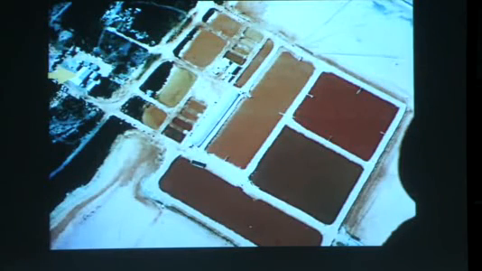And finally, I want to just show you a practical application of the algae. This is a picture taken from the air in Australia. And to give you an idea of the size, here is a house over here next to this arrow. These are ponds of algae. And as the ponds dry out, or as the salt is increased in the ponds, you can change the color, that is, the pigments which are present in the algae. And these pigments then are used in many different forms of cosmetics, in our drugs, in the vitamins, in the pills you take. And they are all natural products, and they come from the algae, and so they are easily used